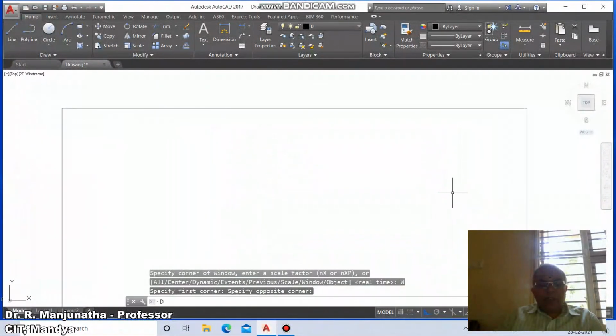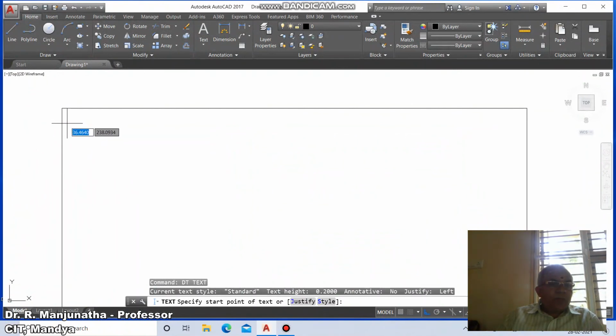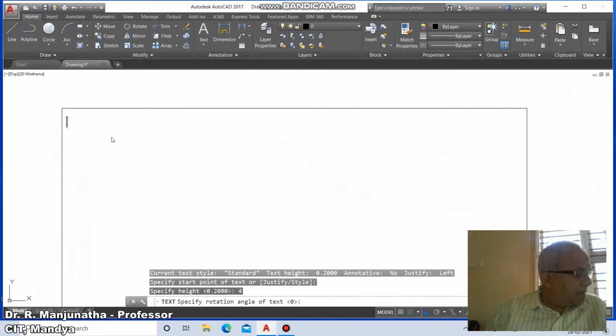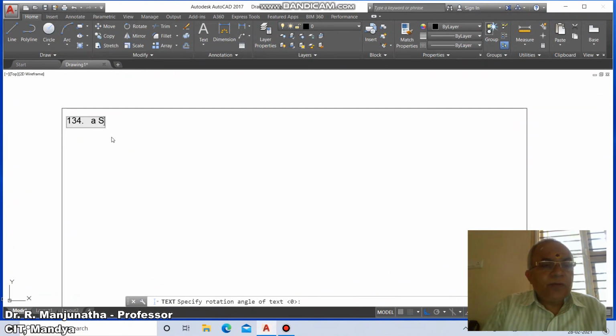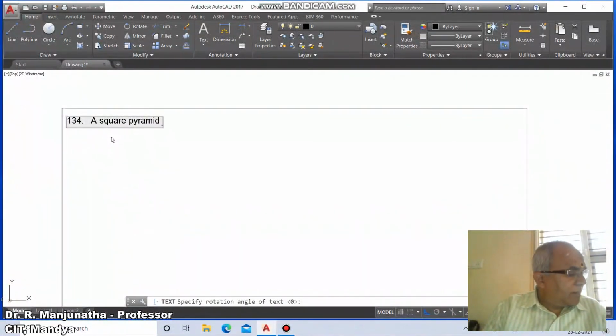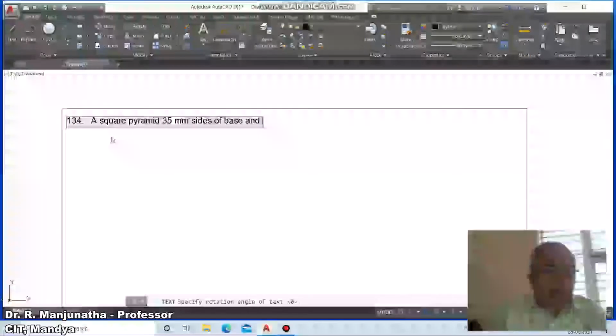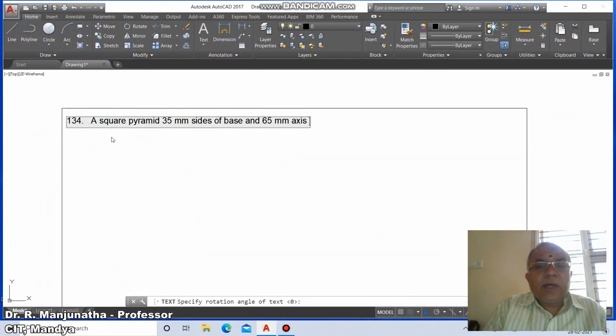Go to D text. Select the start point of the text, take the height as 4, rotation angle as 0, and type the problem number 134. Then the problem: a square pyramid, 35 mm sides of base and 65 mm axis length, rests on HP on one of its edges of the base,